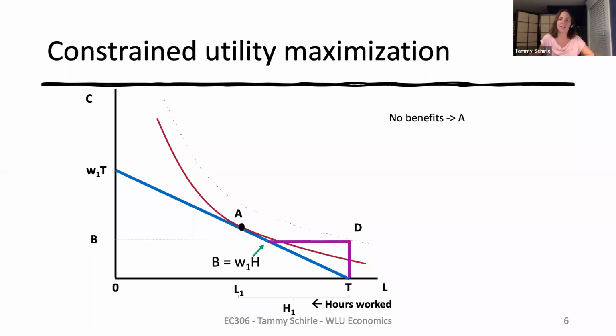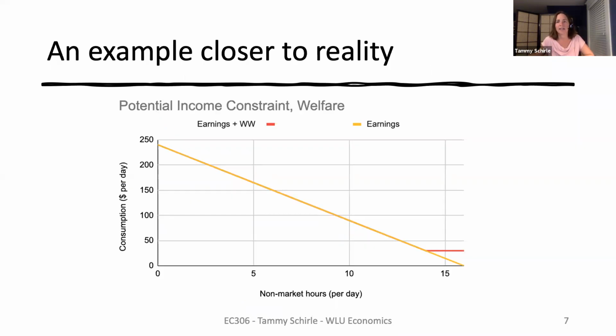Before going any further, I like to highlight the point that our textbook examples tend to exaggerate the size of potential benefits to make our diagrams easier. Here, I mapped out a slightly more realistic example, where the person can earn $15 per hour. That is a bit higher than the minimum wage in Ontario in September 2020. And they could receive $30 per day from social assistance. That roughly aligns with Ontario rates for the single person mentioned earlier.